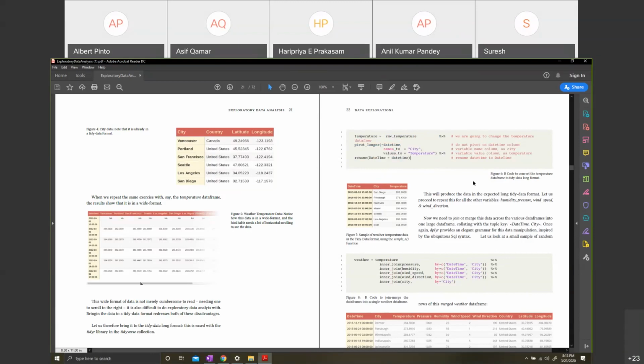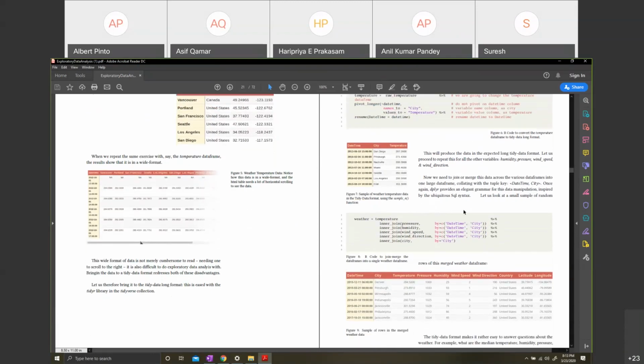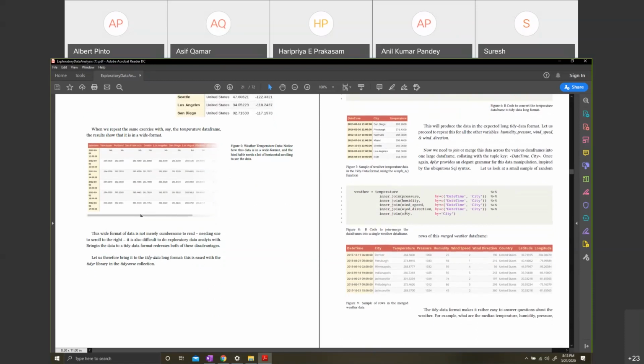But then suppose we want to stitch all of those together into one data frame, the weather data frame. What do I need to do? I can join on the date, time, and the city across all of these files. This is the inner join that you see me do here. Those of you familiar with SQL would immediately recognize the syntax.